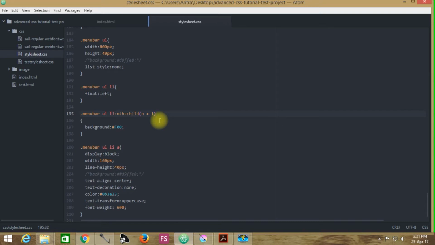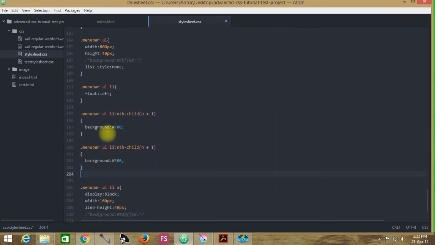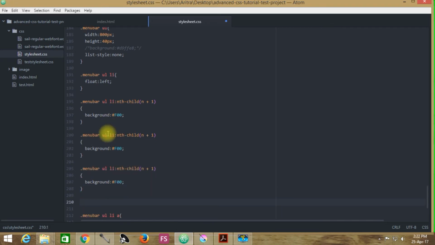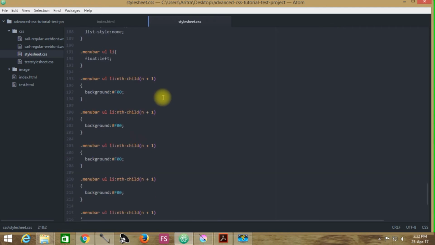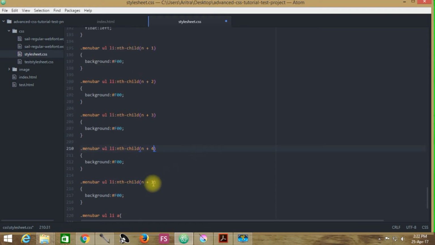All we are doing is copying this part and pasting it 5 times, and we are changing this offset position each time. Now we are just changing this color over here.